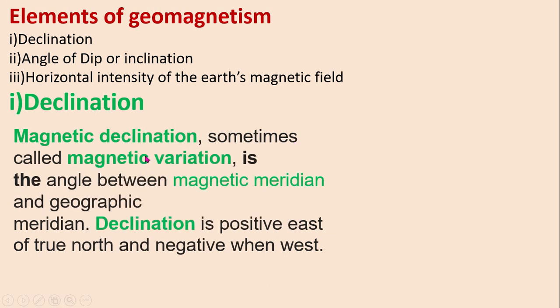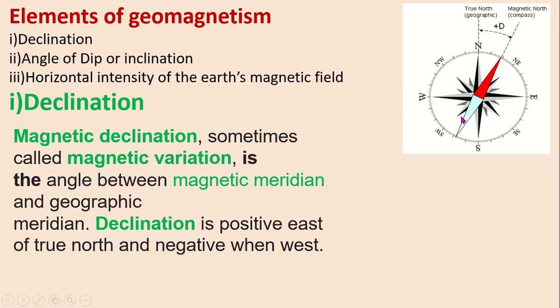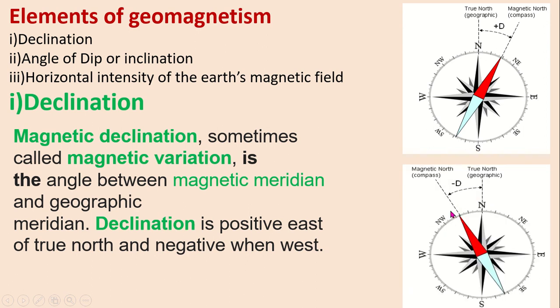Magnetic declination, sometimes called magnetic variation, is the angle between the magnetic meridian and geographic meridian. Declination is positive east of true north and negative when west. Look. So here declination is positive, because declination is positive if it is east of the true north pole, and declination is negative if it is west of the true north pole,